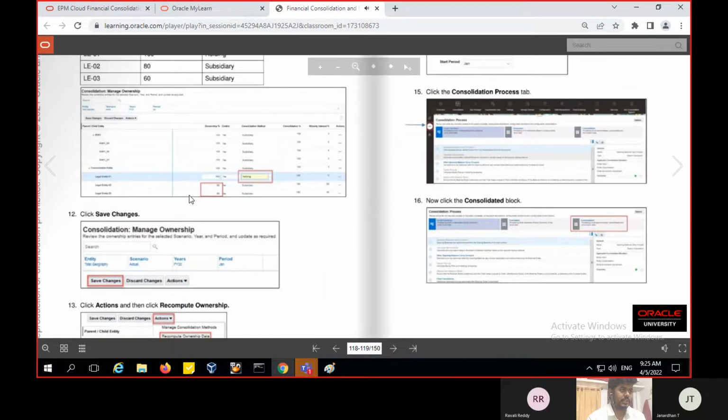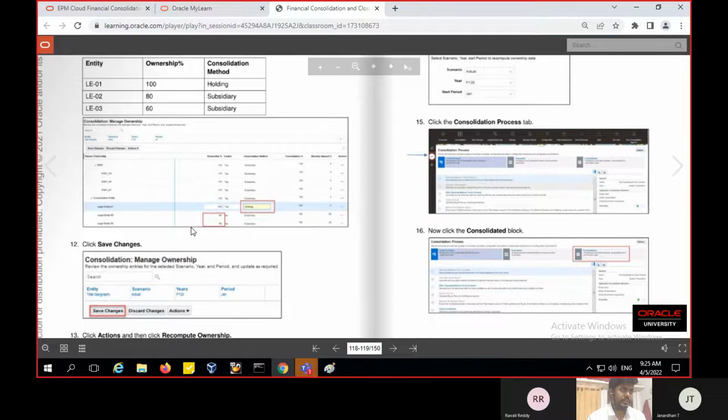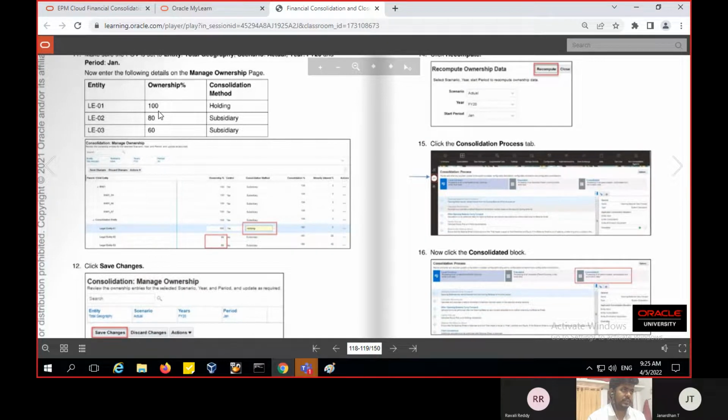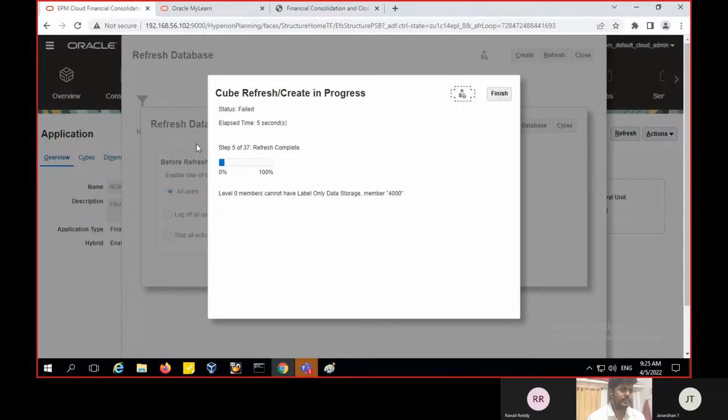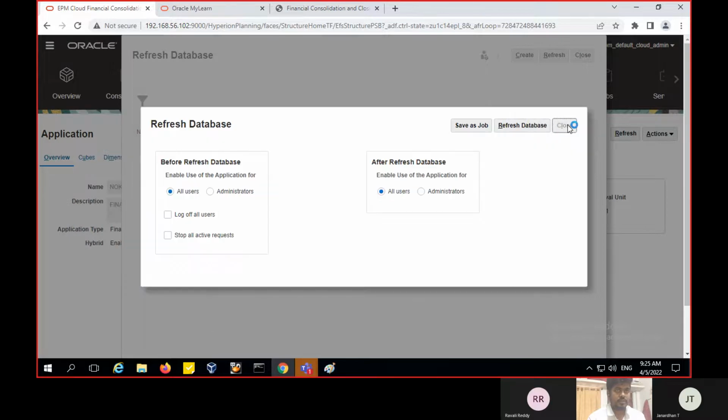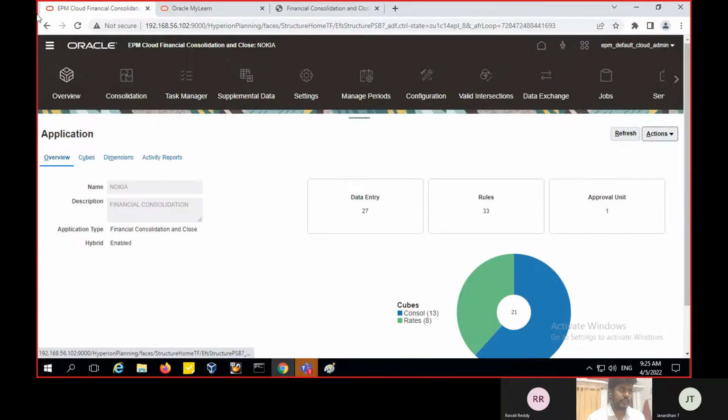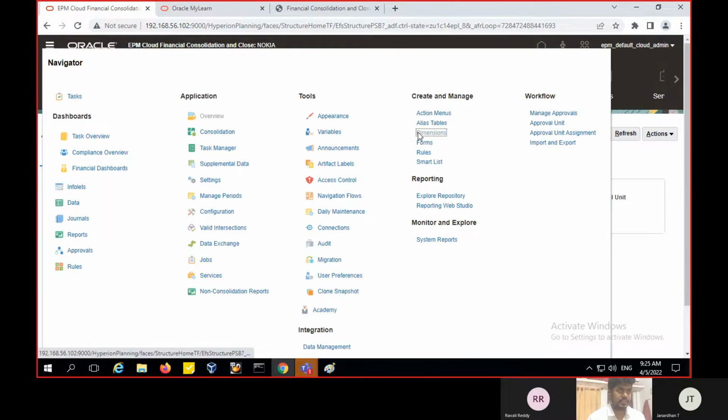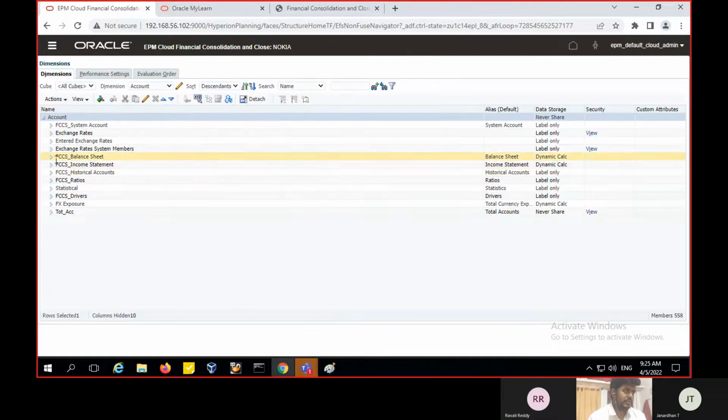After that we have to select the consolidation tab and give the values like 180, 60 for these three entities. LE01 is the holding and the remaining two are the subsidiary entities. So I have to select the account dimension which I have created that was showing some entity. So like I am expanding the